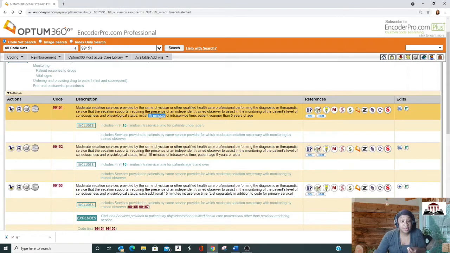So when you bill a sedation service where it says initial 15 minutes, you must, this is not one of these midpoint ones, you must perform a minimum of 10 minutes of intra-service time before the service is reportable with the sedation code. If it is less than 10 minutes, it is not a service that's reportable with these sedation codes. So time is the second part. So first role, then time.